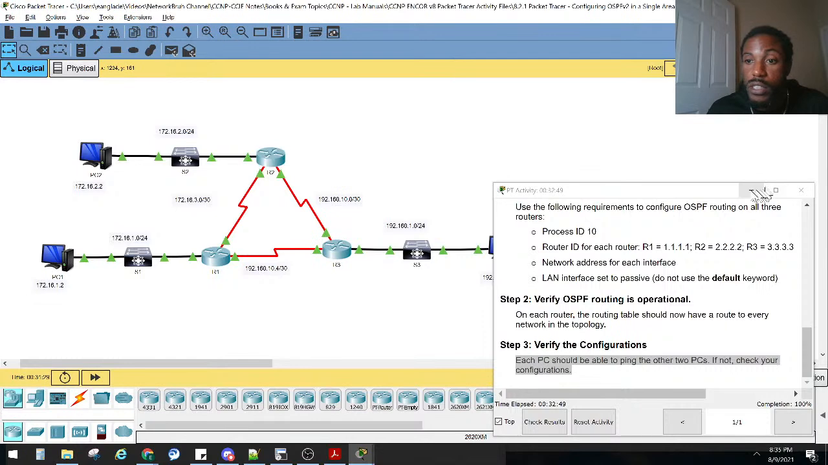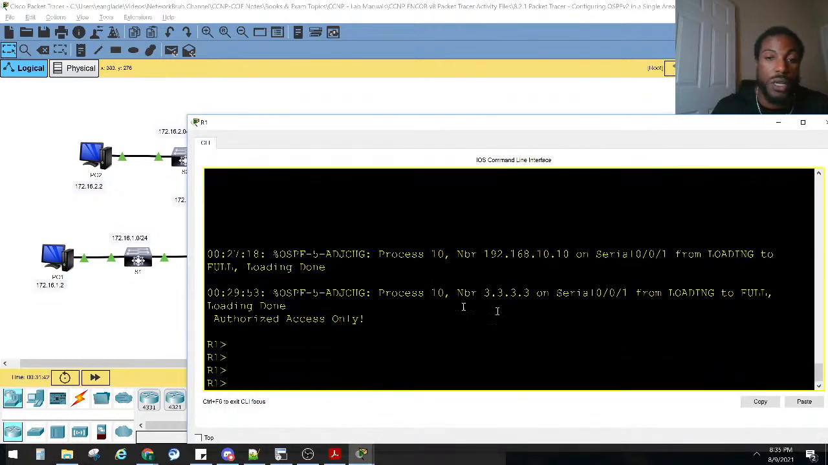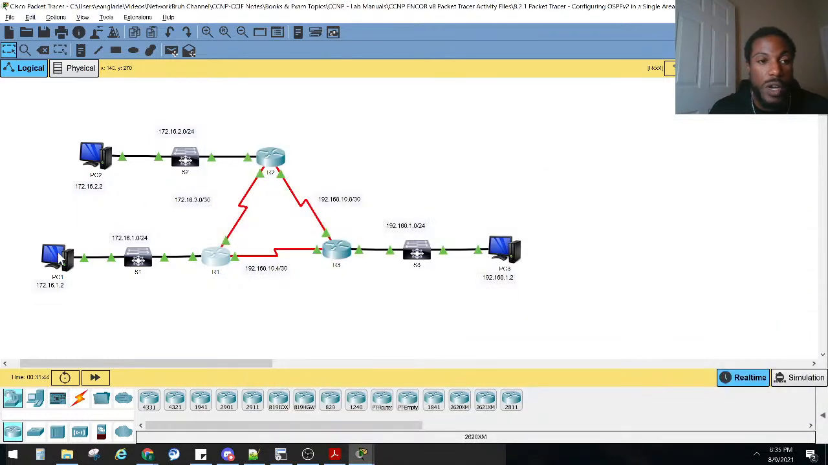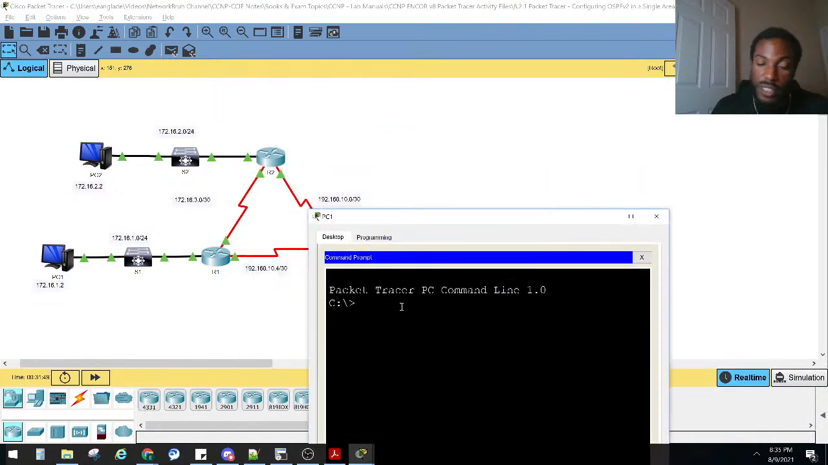Now they want us to make sure that this PC can ping that PC and vice versa, and this PC can ping that PC and vice versa, right? Theoretically, they should all have routes to each of the local area networks and should still be able to do so. So not from the router. I'm going to have PC1 ping PC2, who's 172.16.2.2, right? You just go to command prompt, ping